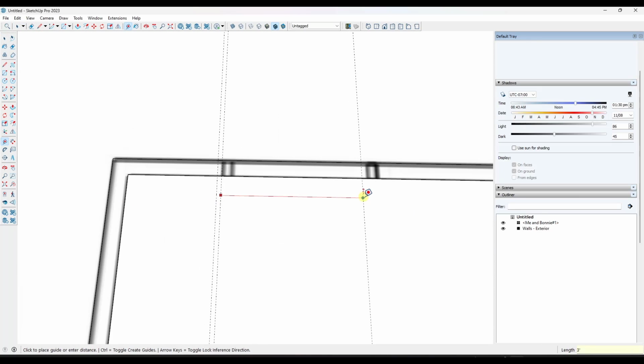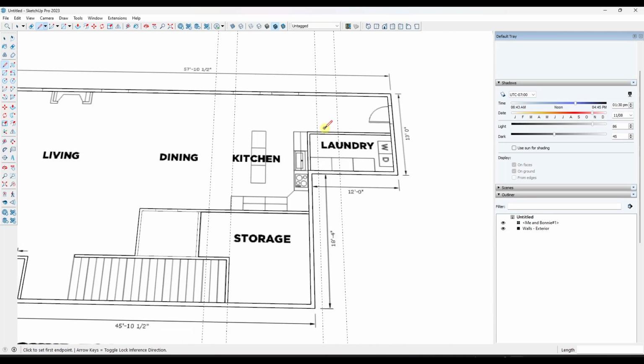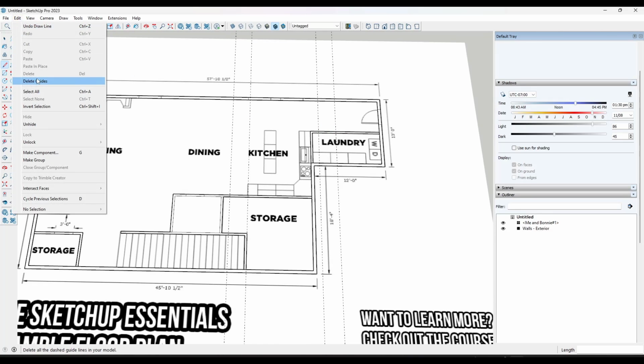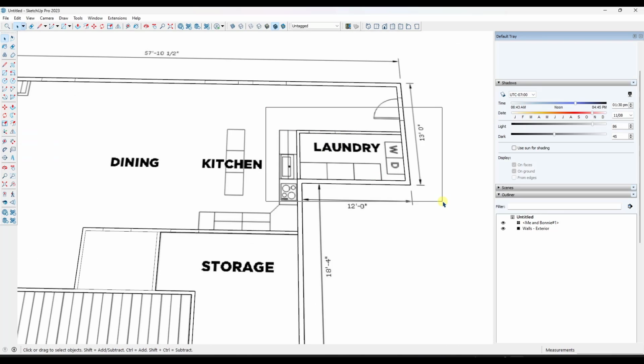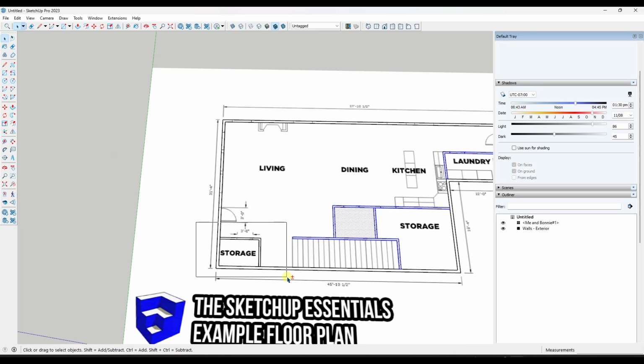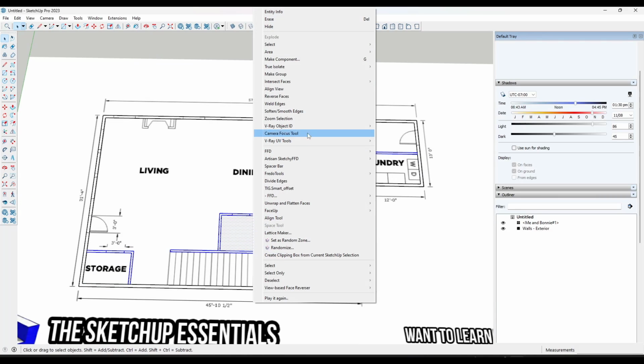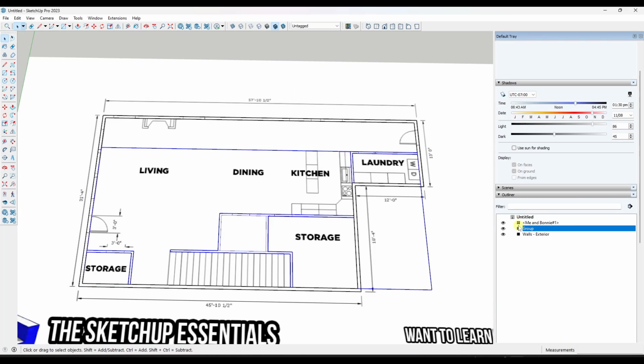Okay, and so once we've got these interior walls roughed out, we can go ahead and do an Edit, Delete Guides again. But I'm just going to take these walls and hold the shift key and click and drag across them, and I'm going to pick up all of this wall geometry that we've created. And I want to right-click and put that in another group. And in this case, we're going to call this